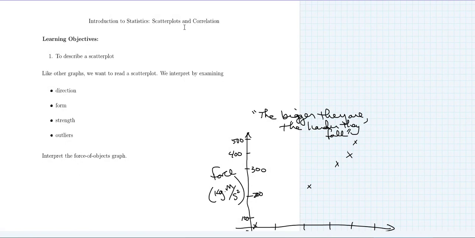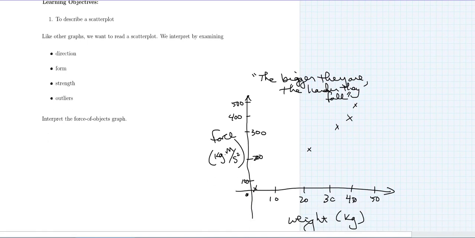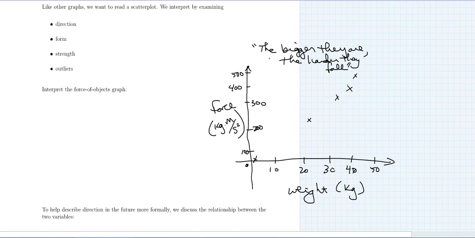In this video we're discussing scatterplots, and we want to describe a scatterplot. We created one in another video dealing with the example of the bigger they are, the harder they fall, where we had 5 objects. We weighed each of them and have their measurements in kilograms, and we also determined the force with which they hit the Earth's surface. Anytime we have a scatter plot, which is a plot of 2 quantitative variables, and its